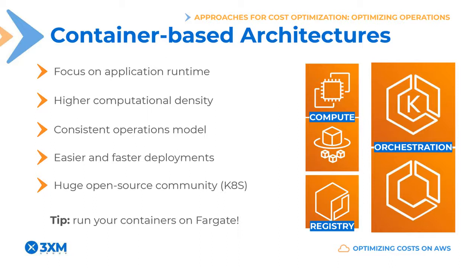Now, containers need to be orchestrated, and for that you have two options on AWS. One is the Elastic Container Service, or ECS, which is the vendor lock-in alternative, if you will. And the other one is the Elastic Kubernetes Service, or EKS, which is a managed service for the Kubernetes control plane. You can always host another solution on EC2, such as Kops or Docker Swarm, for example.